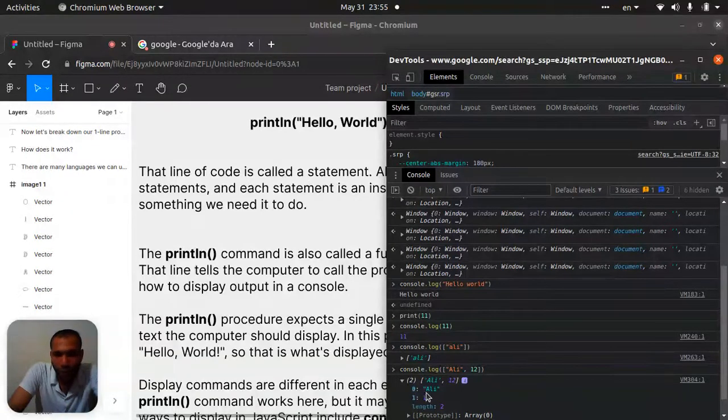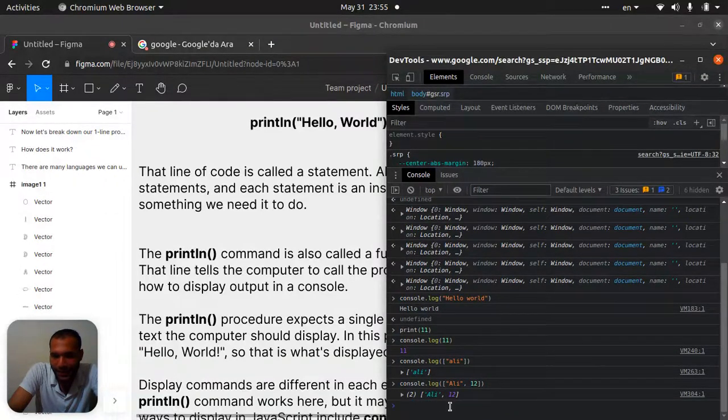Okay, so what we can do with it, let's do one more thing. I'm just explaining something more to you now, but don't worry. We haven't started the list part yet. I'm just showing you what you will learn in the future, so you will be very strong in that. Let's say we want to display Ali in the list. How can we do it?